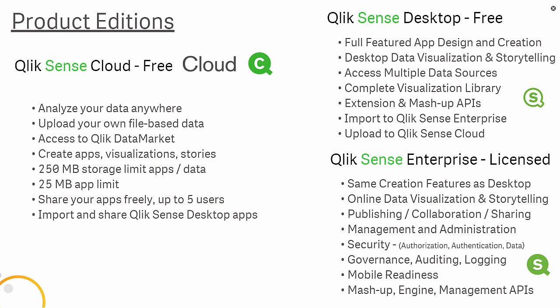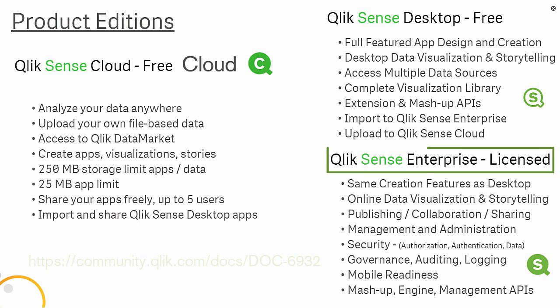So to start, I will create a simple app that will not only help me analyze data, but will also allow me to communicate my findings with others. Also note, we have a free, fully featured Qlik Sense Desktop product that provides the same analysis and creation capabilities as Qlik Sense Cloud, but with access to more data sources and local storage of your apps. To learn more about Qlik Sense Desktop, you can join me on my live weekly webinar every Thursday at 2 p.m. Eastern, or watch the recording in the Qlik community.